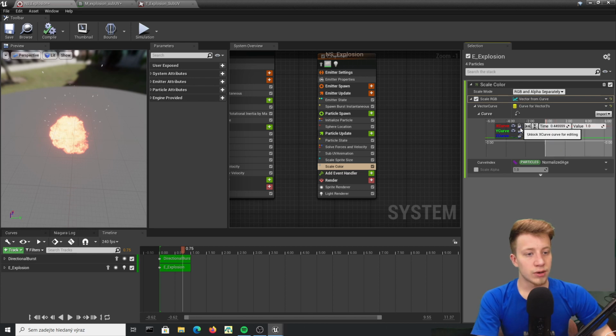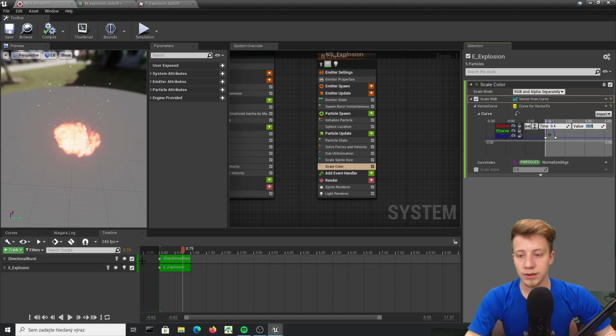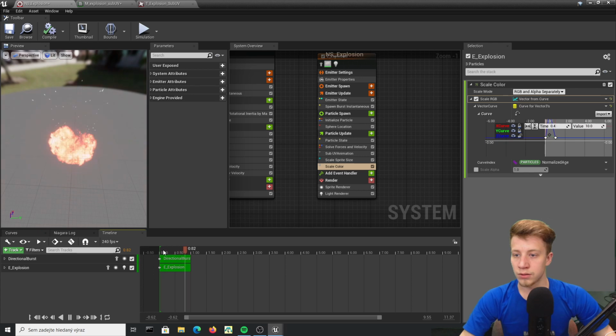Let's lock our red, and on green with green again on 0.4 of time. Let's put here value like 2. Oh, that should be fine. And lock it, and then with Z-axis add here another on 0.4, and let's do 10 maybe. They will add a bit of a reddish color. Yeah,